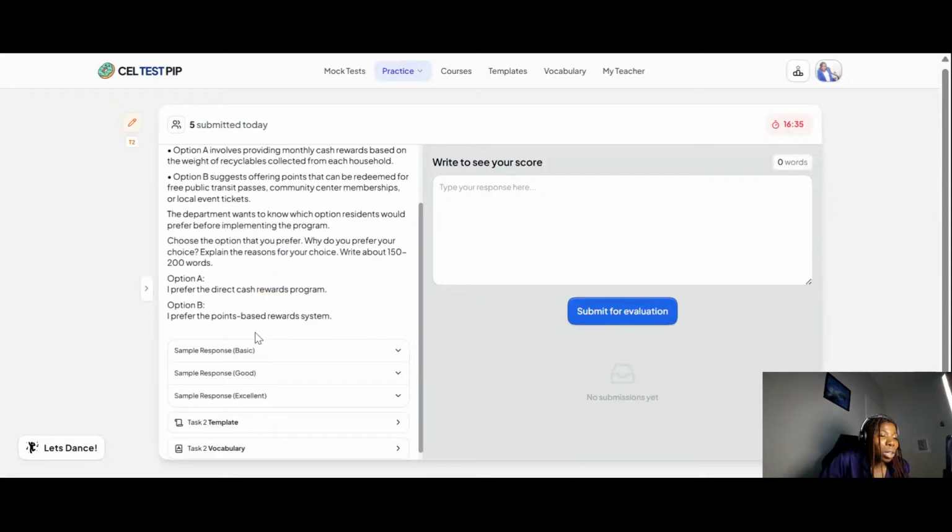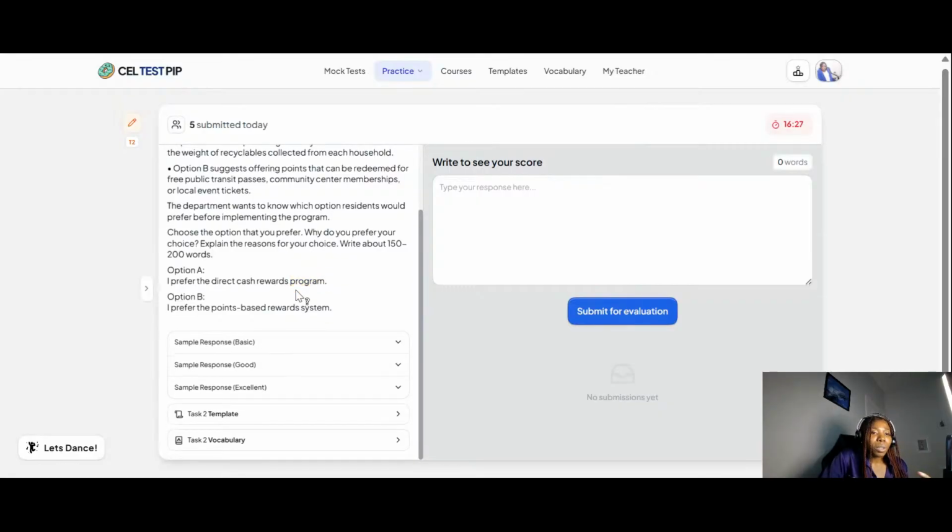That means in the exam, it's only one idea you are going to discuss. You see, that's where the problem is. You are only discussing one idea and you are going to be stuck. So,